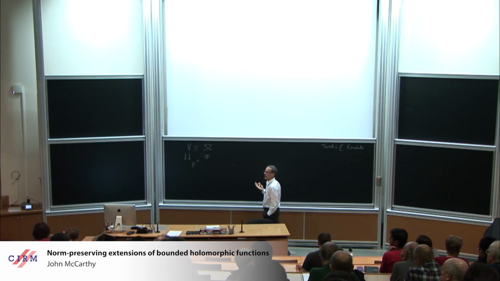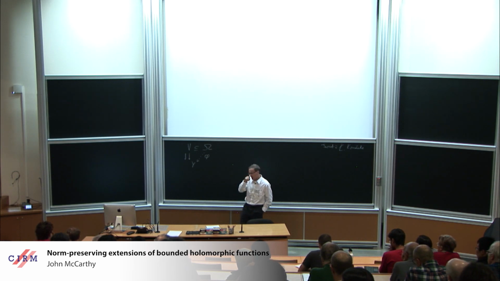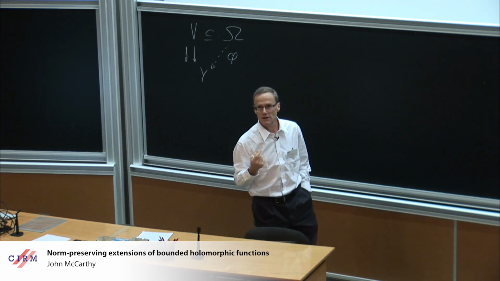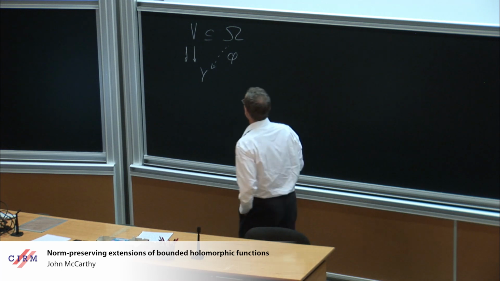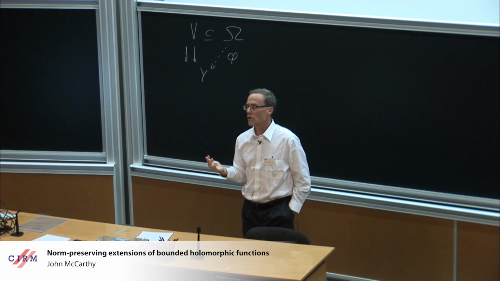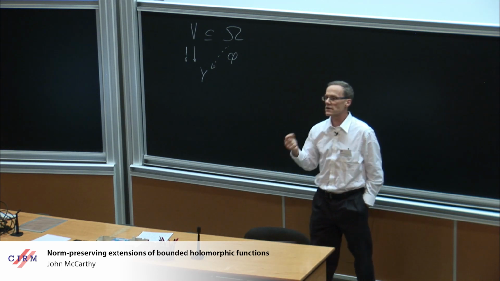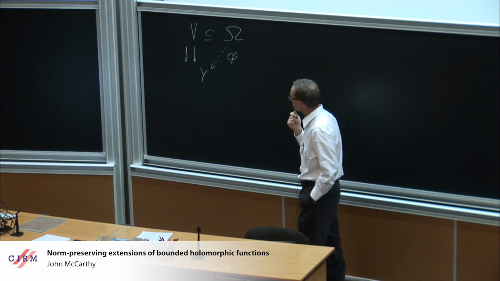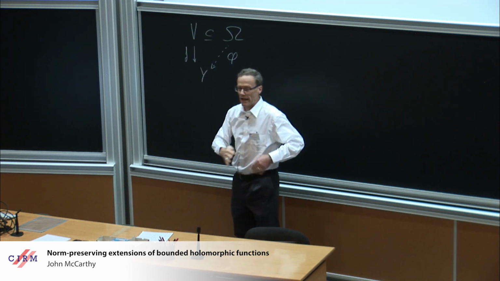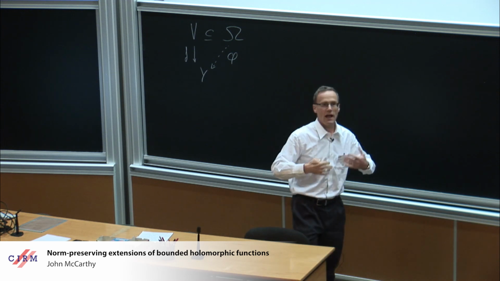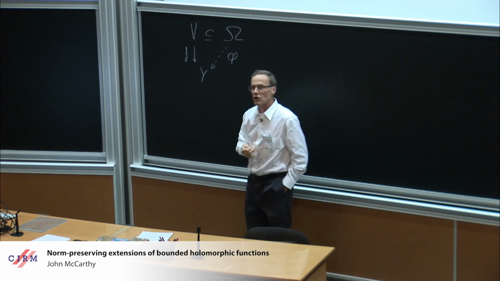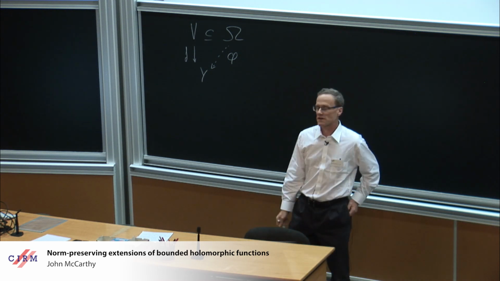Now, the difference between interpolation problems and extension problems is one of perspective. So in an interpolation problem, frequently the set V is finite or discrete, doesn't have much structure. When it's finite, the existence of some extension is often automatic. But what you're interested in is some sort of optimal extension, the one with the smallest norm or best properties. In an extension problem, V is normally a fatter set that has some structure, and then you want to know whether f preserves this structure. You want to know whether you can find a function phi on the big set that also has the structure.